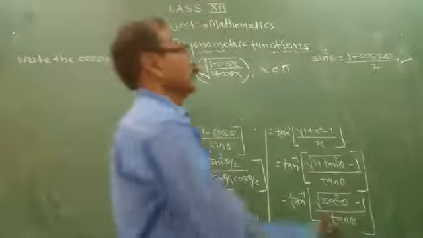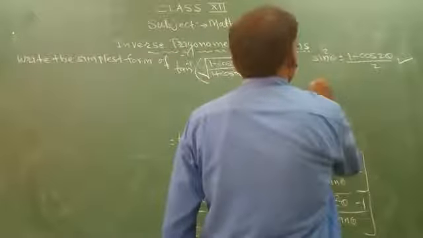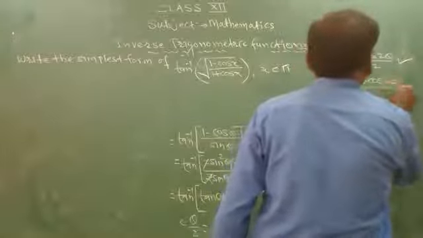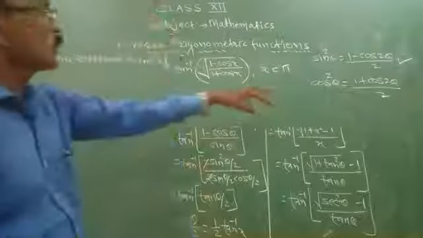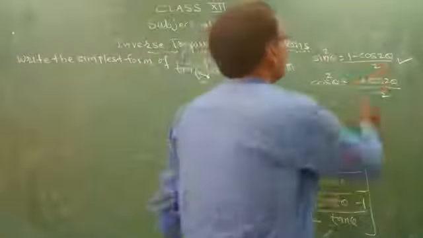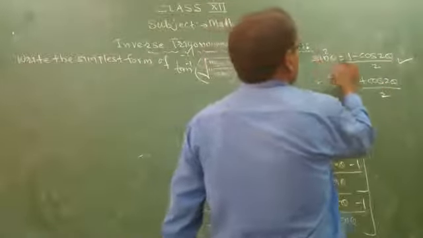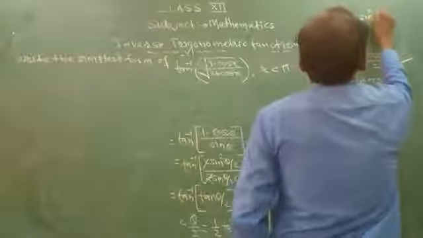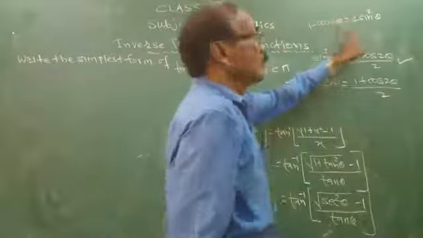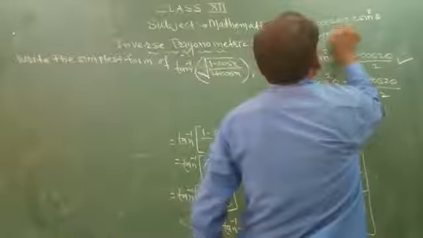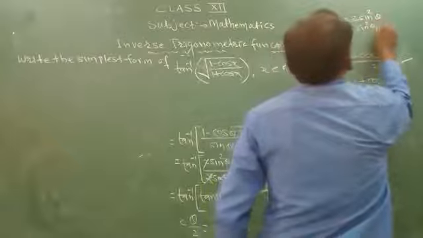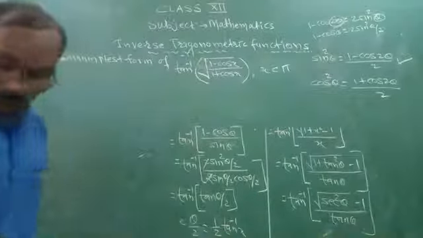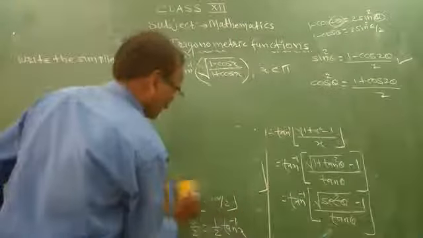Remember this formula from 11th class. We have also seen cos square theta equals (1 plus cos 2 theta) upon 2. So from this, 1 minus cos 2 theta equals 2 sin square theta. If I make half of the angle 2 theta, then 1 minus cos theta gives us 2 sin square theta by 2. If the angle is halved, it becomes 2 sin square theta by 2. So apply this formula here.